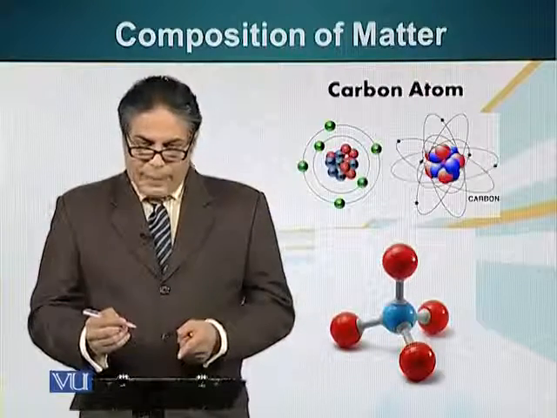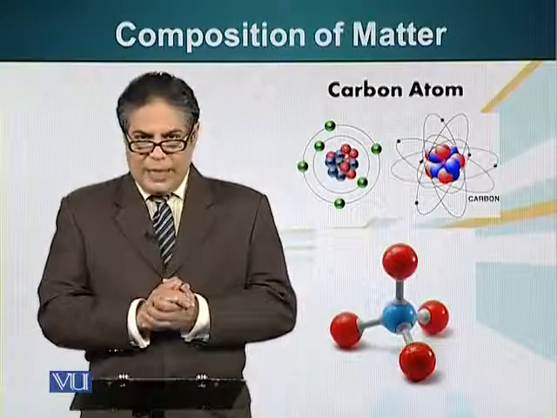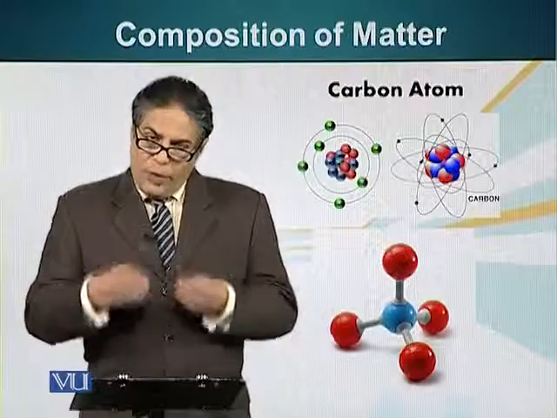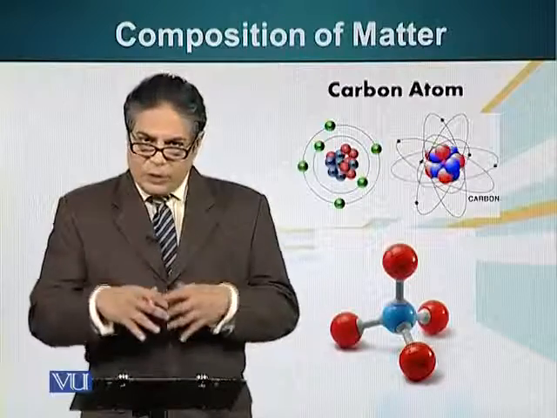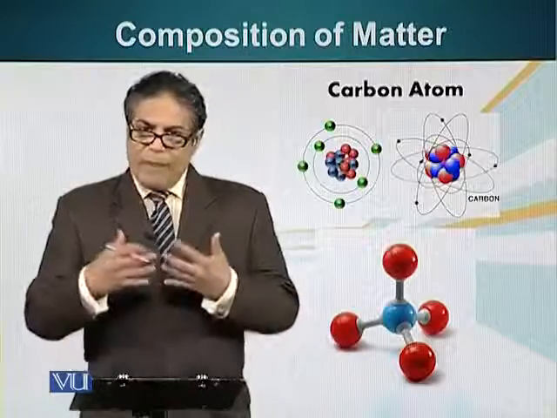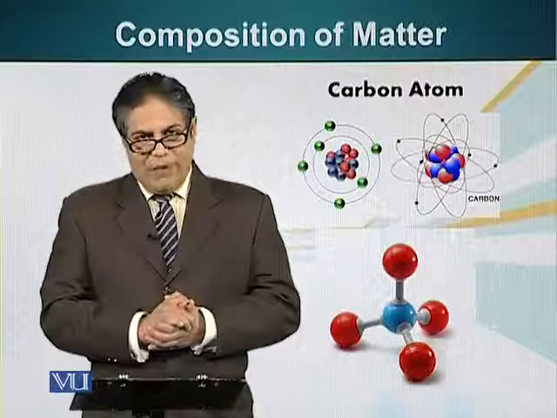So carbon atom is sharing 4 electrons with 4 hydrogen atoms. Now each hydrogen atom is contributing 1 electron, and carbon atom is also contributing 1 electron in the bond, and this is how we have been able to satisfy the orbital requirement of having 2